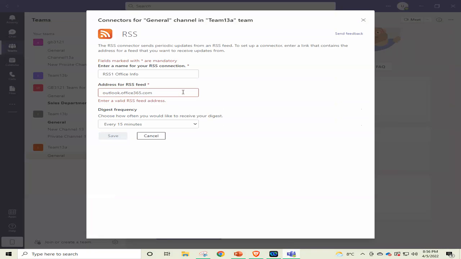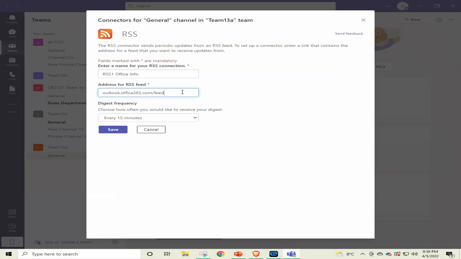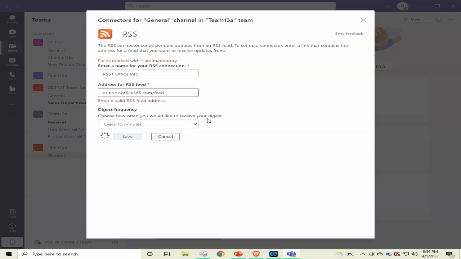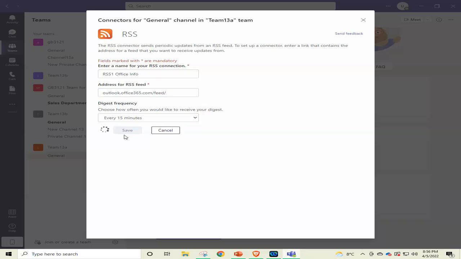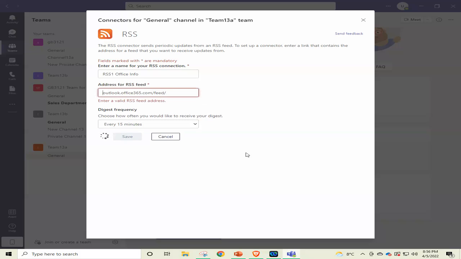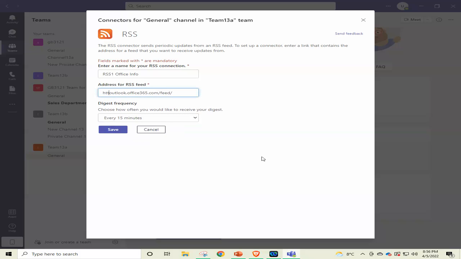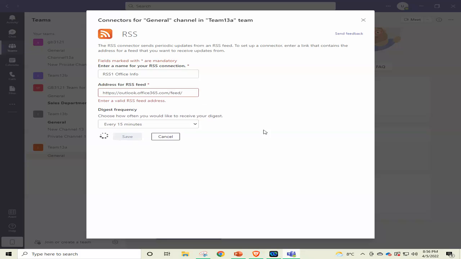He gave a suggestion that like this we can find a valid address. No, it's still not valid. Let's try this one. No, okay. HTTPS. Let's try this one. No. Okay, we just leave this part.